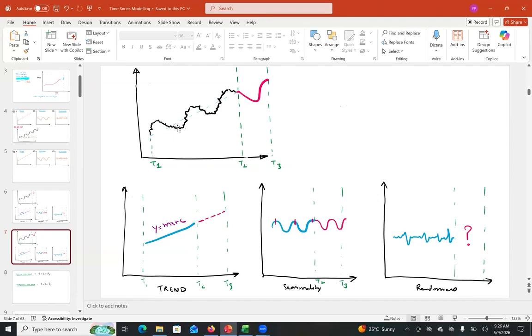So instead of trying to predict the actual time series, what we did was decompose the time series into three parts: trend component, seasonality component, and randomness component. And then we predicted whatever we could. We predicted the trend component, we predicted the seasonality component, and then we just combined those two predictions together to make our prediction for the time series. Is it clear to everyone what we are doing over here?